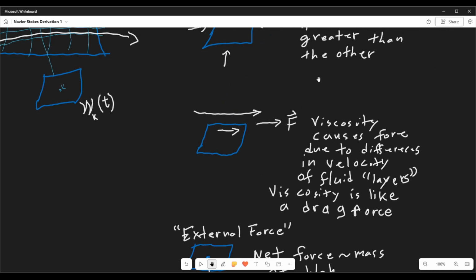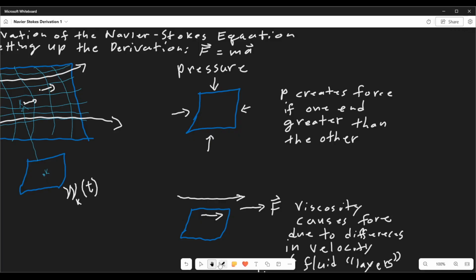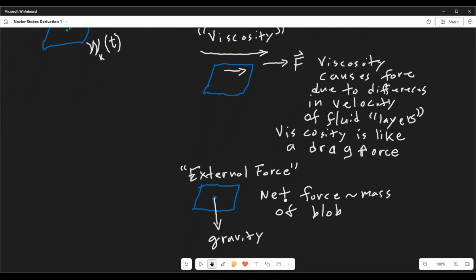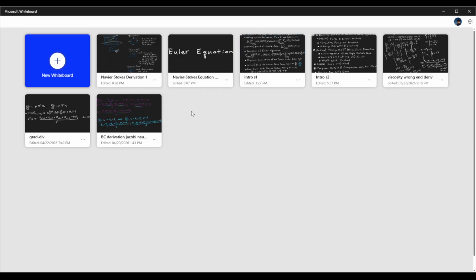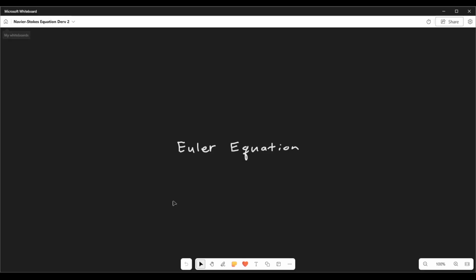So force is basically all pressure. I'll write this in. Viscosity can cause force, and any external force such as gravity. So to start with,